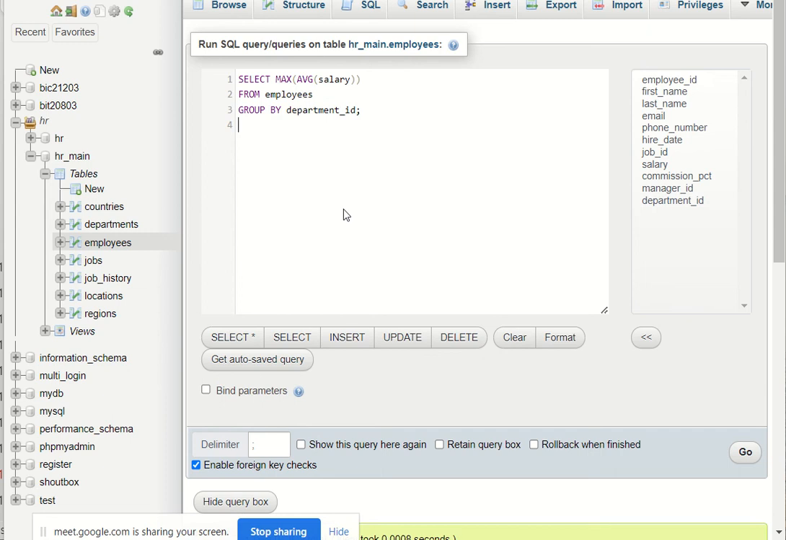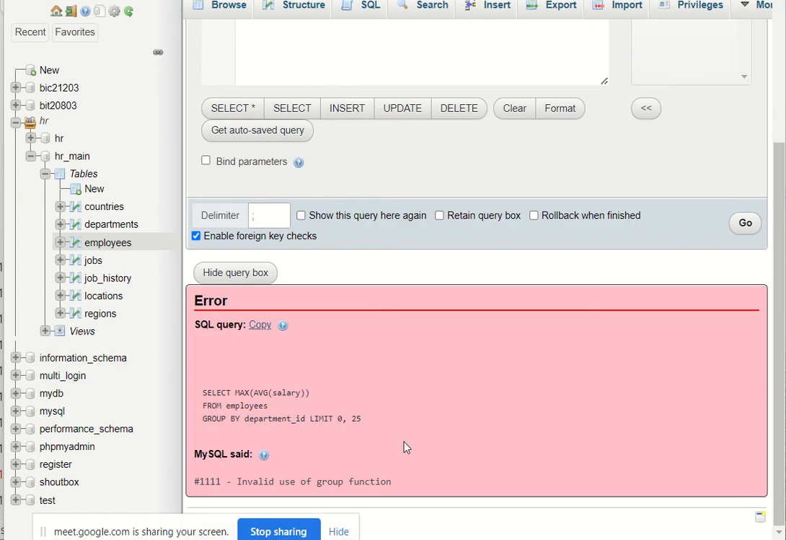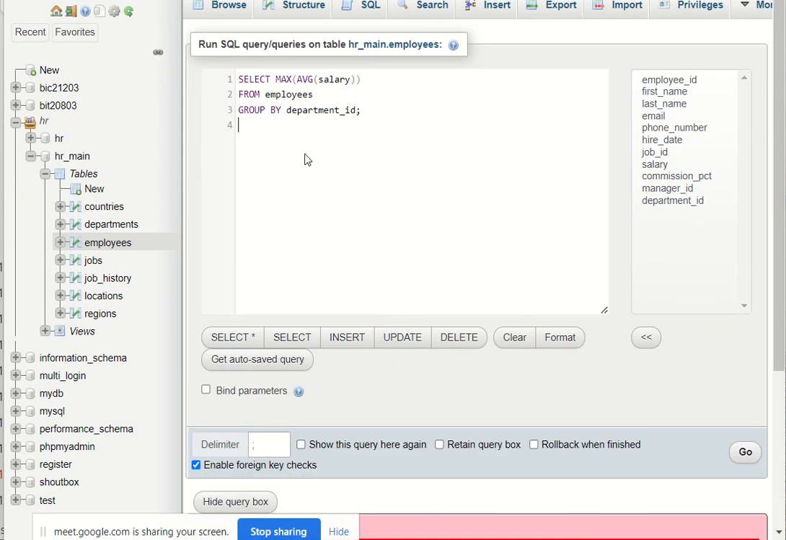It should return the result, but I think we need to check again. It returns a problem here, invalid group function. When we try with the Oracle, it can return the result. Okay, so maybe we can try to fix it. Select max average salary. Okay, from